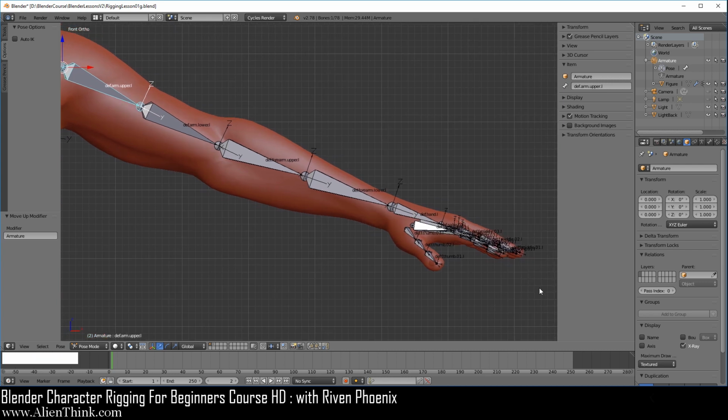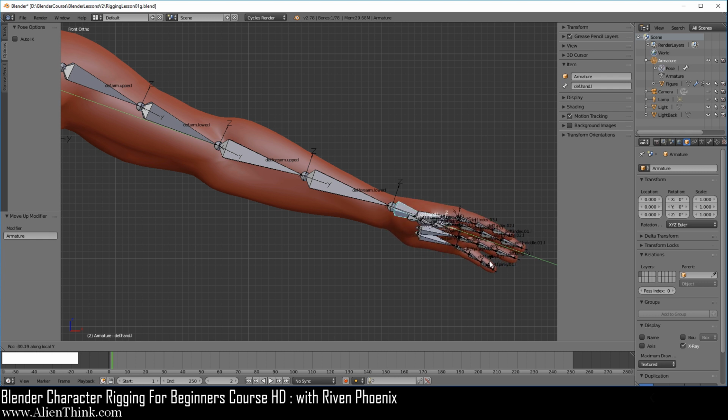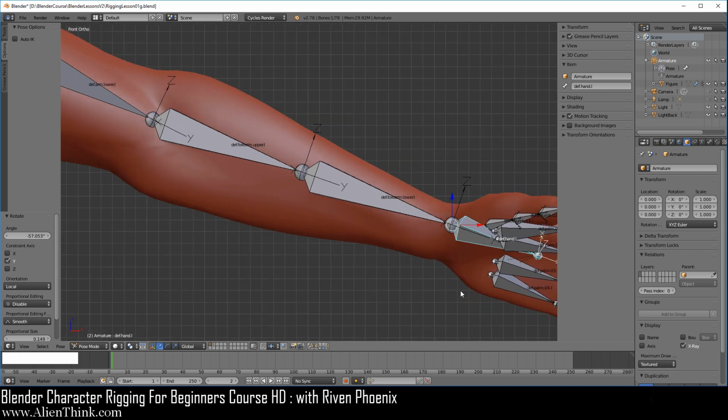Make sure that you can see this area over here. Okay, now click on this hand. We're going to rotate this hand on the y-axis. So press the R key, then press the Y key 2 times to rotate on the y-axis, and just start to move your mouse so the hand will start to rotate. Now left click. Now go ahead and zoom in.